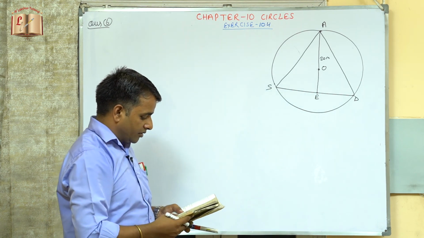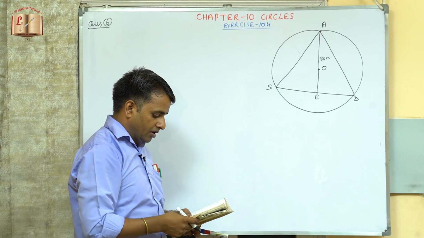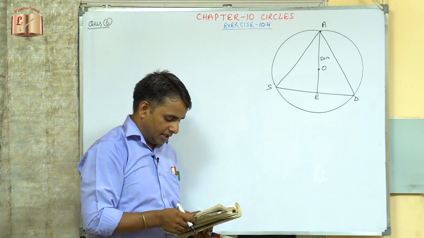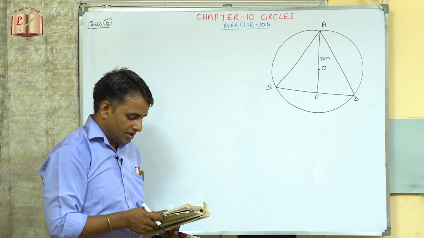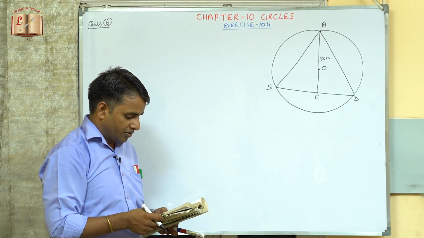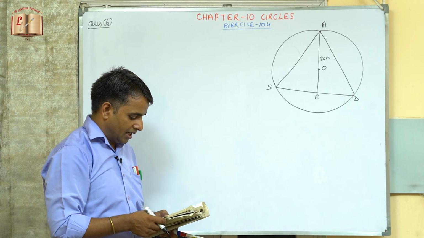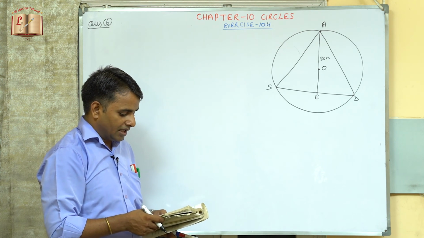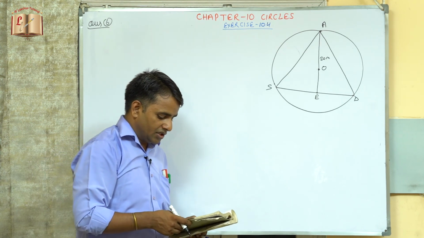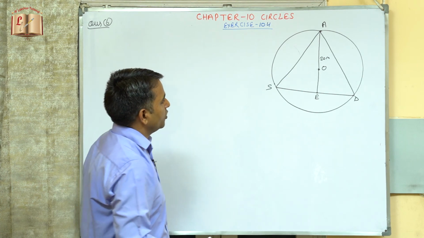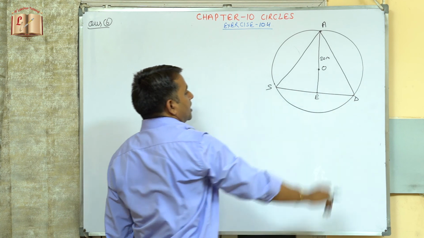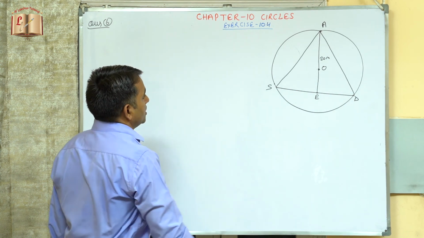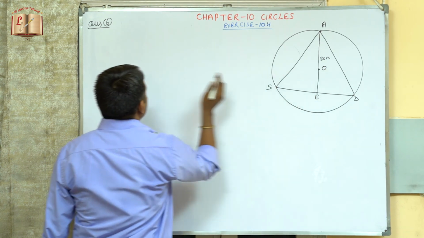A circular park of the radius 20 meters is situated in the colony. Three boys, Ankur, Syed and David are sitting at equal distances on its boundary, and each has a toy telephone in his hand to talk to each other. Find the length of the string of each phone. So we need to find this length AS or SD or AD, the same thing, because now this is an equilateral triangle.